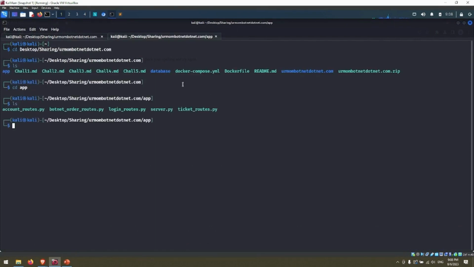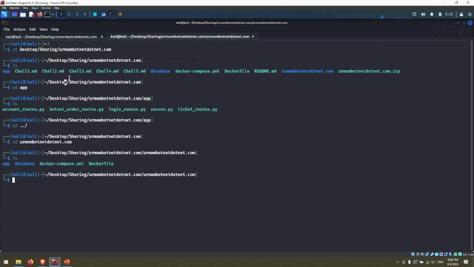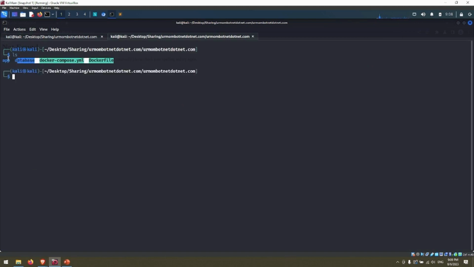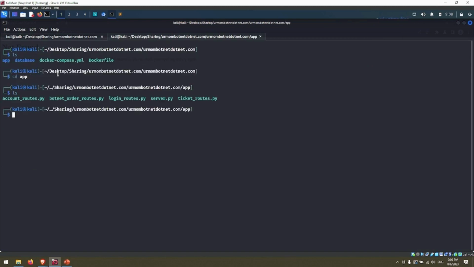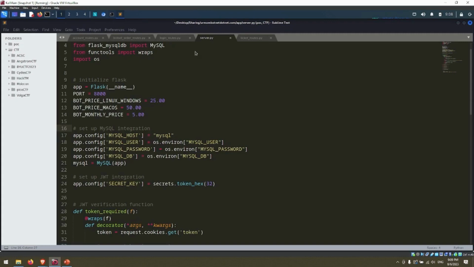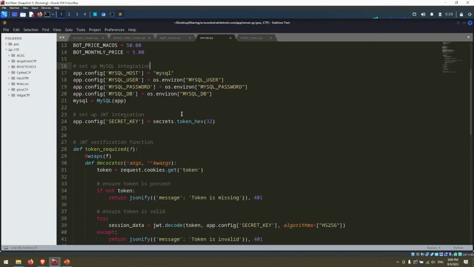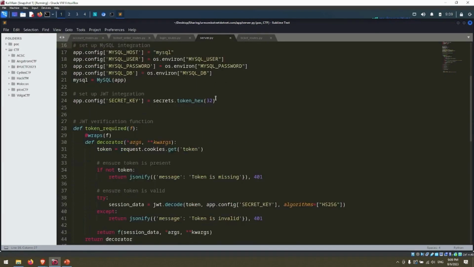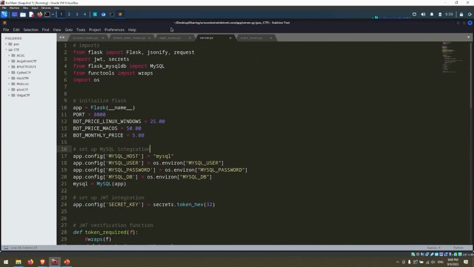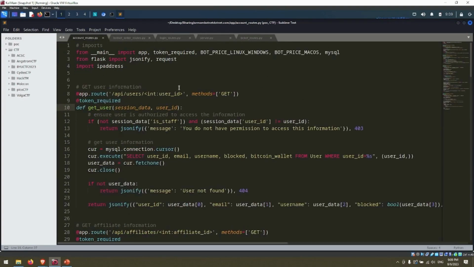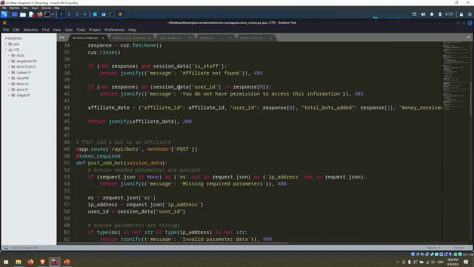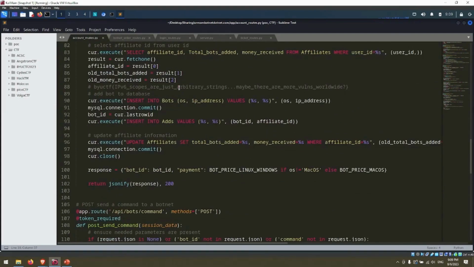Initially we only have this app. Let me show it here. When you get the challenge, it will show like this only. So we have 5 files here that we need to go through, and I've opened them here already. For the server.py, we don't need to look at it that much because it's not important in this challenge. If you go to account routes and go through a little bit,